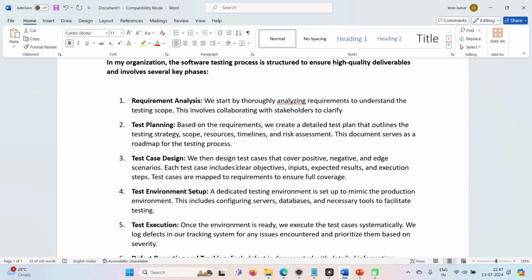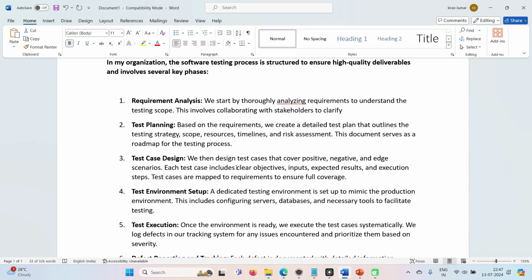Next, test planning. Our test lead or test manager will develop a test plan document. Based on the requirements, a detailed plan or roadmap for the testing process will be created, where timelines, resources, and risk management are given. Technically, the test plan document explains what to test, what not to test, where to test, and when to test.